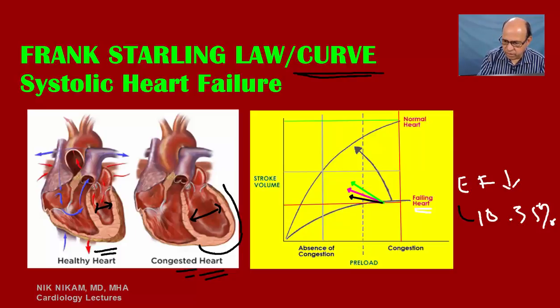That's why we have this curve for a patient with heart failure, which is quite flat compared to a person with a normal heart. So here is the optimal preload, and anytime we increase the preload in a patient with congestive heart failure, we are going to have symptoms of congestion. Now, how are we going to move this patient who is having symptoms of congestive heart failure to an optimal condition, where we have reduced preload or make the preload optimized to the given situation and in fact increase the